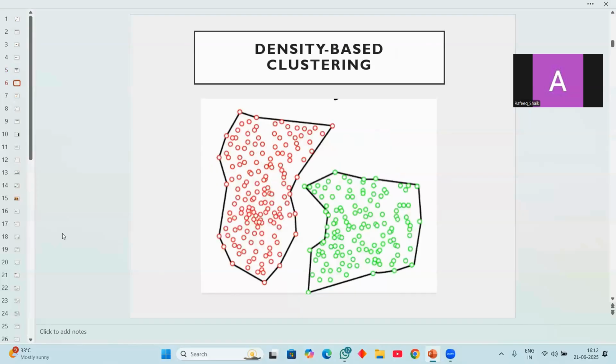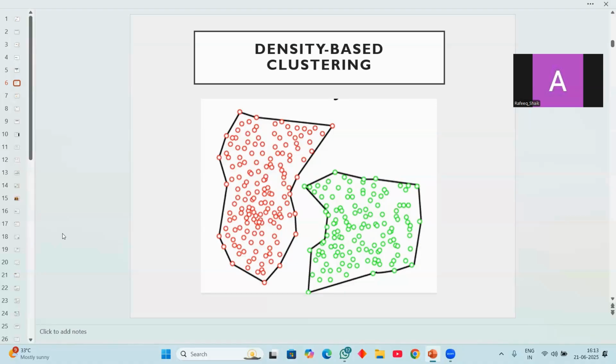It is partition, and here we say density-based clustering. It forms clusters based on areas of high density separated by low-density regions. Okay, example DBSCAN, density-based spatial clustering of applications with noise. It does not require the number of clusters in advance, and can detect arbitrarily shaped clusters, sorry if the pronunciation is a little bit off, and identify the outliers, right? We mostly use it for geographical clustering or finding earthquakes, especially